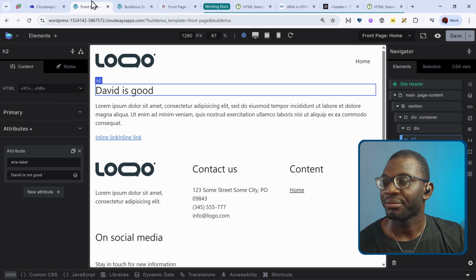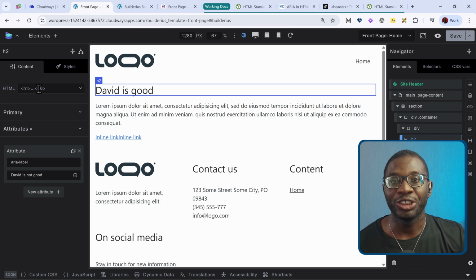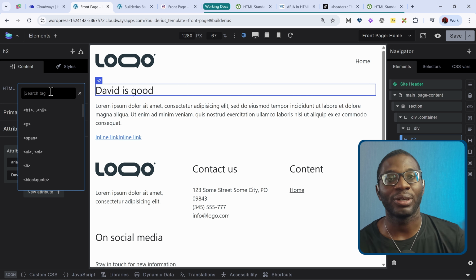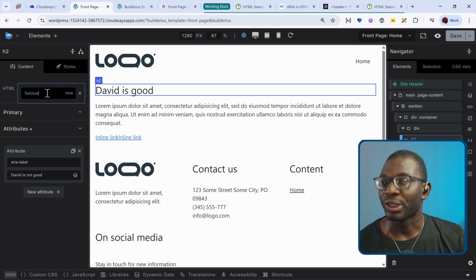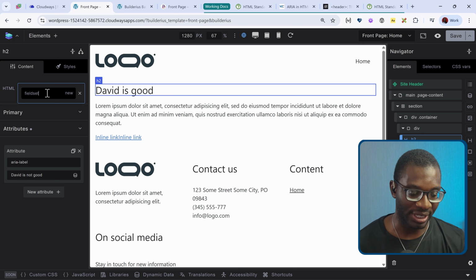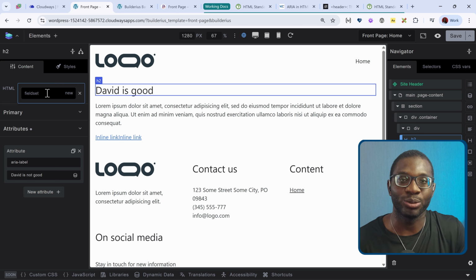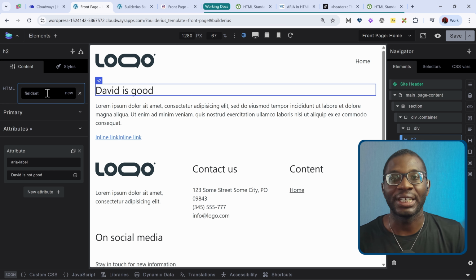Okay, so if I go back, that's it for the HTML side of things. If you are a pro user, one added advantage you have is that you can actually choose to have an element that does not exist on the list. So let's say you wanted to add like a field set. The field set element does not exist, but you can now create a new element on the fly. So I can create that element, especially maybe you are trying to make your form accessible, like your radio buttons. You want to make your group of radio buttons accessible using the field set and legend. You can do that. Even though the builder does not support it yet, a pro user always has access to control everything.